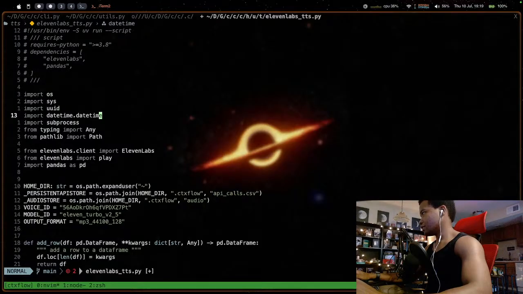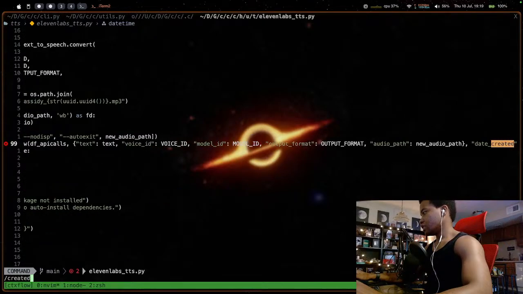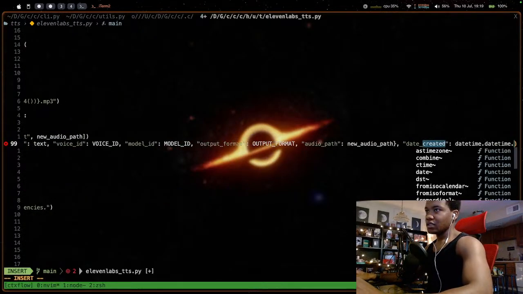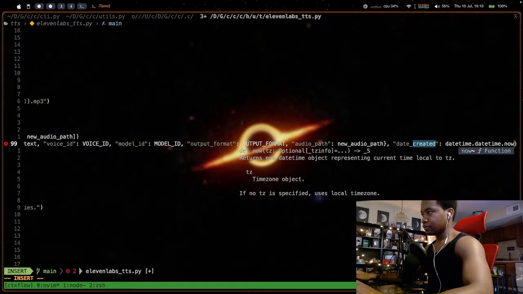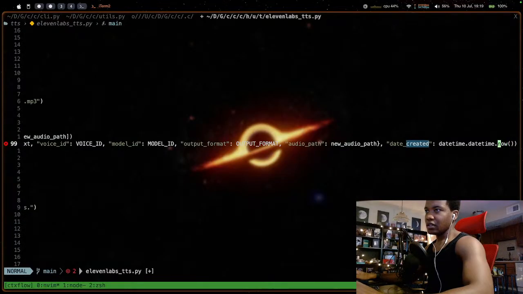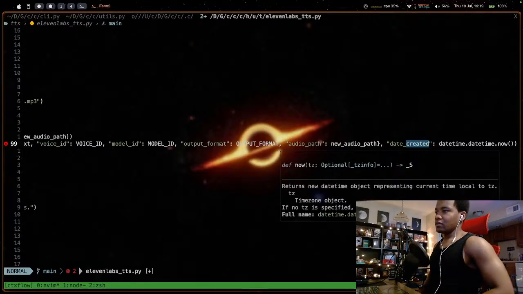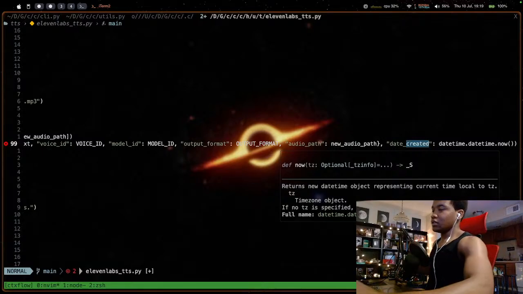Is that not what I just did up here? Whatever. So datetime dot now. That's now. Returns a new datetime object representing current time in local TZ. If no TZ is specified, uses local time zone.